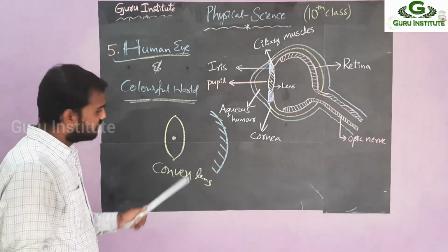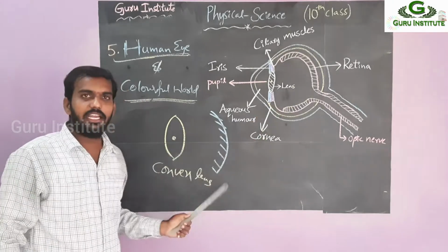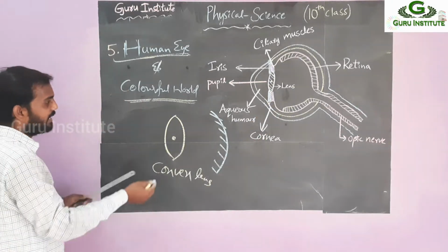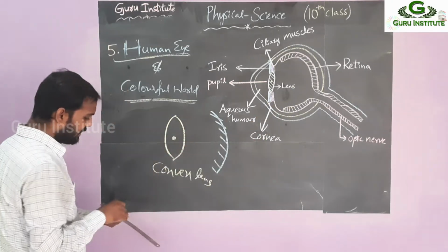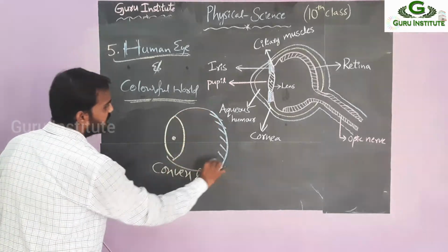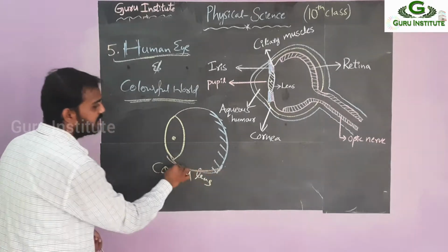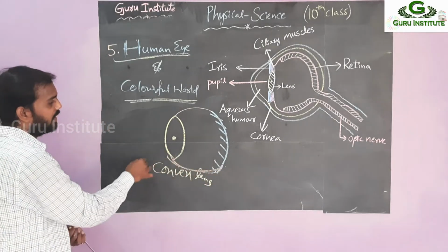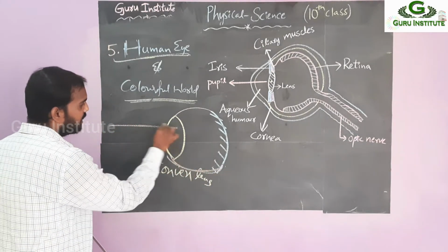I am drawing again the convex lens. So this part is retina. So whenever light rays will come like this, if you close this one like this, so this is our eyeball. That means human eye. So simply, whenever a light ray enters into this one,